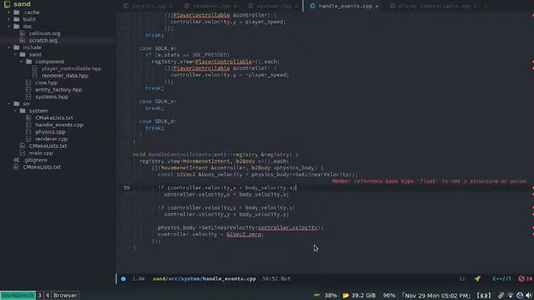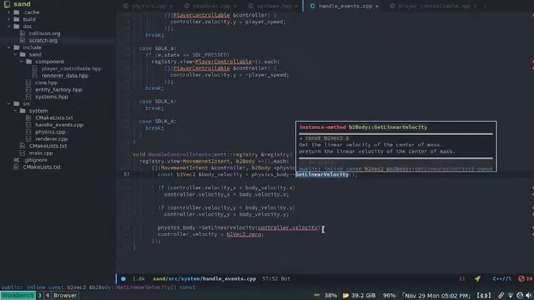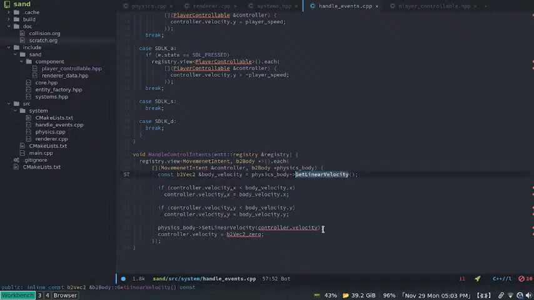Although later we will probably have some kind of stats system, but let's not talk about that yet. And it shouldn't be the job of this controller intent thing either. So get linear velocity will get the linear velocity, and then it should basically check